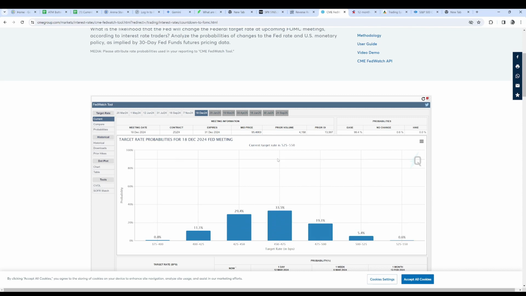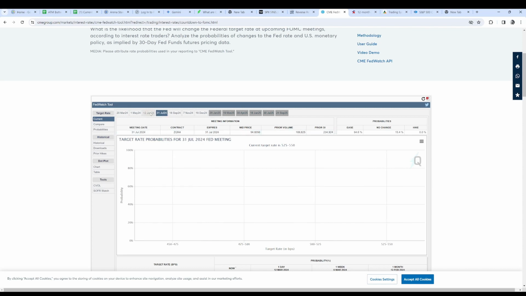The market is slowly but surely realizing that this inflation thing is going to stick around for a lot longer. So that really doesn't bring the front end of the yield curve down much, right? So it's not going to be as big of a bonus as everyone thinks, and the back end of the yield curve might actually lift up just a little bit because that inflation is going to stick around for a little bit longer than everyone thought as we quote unquote try to do this soft landing.